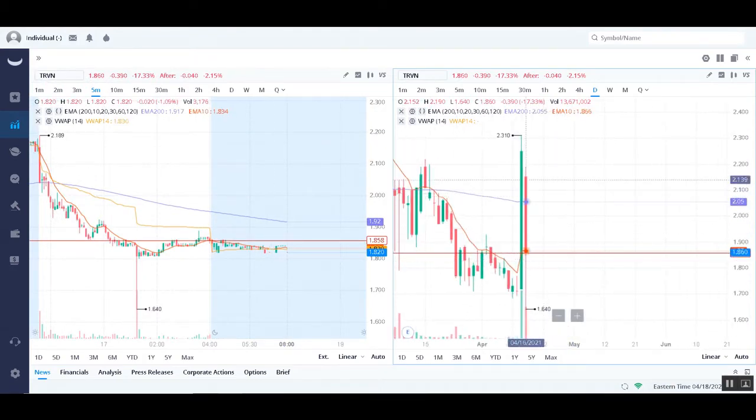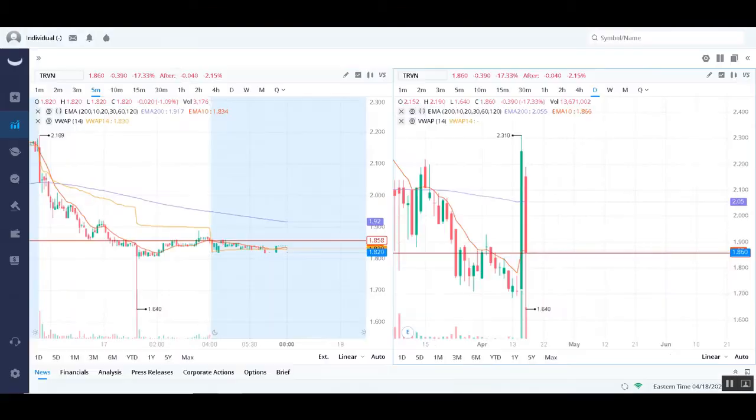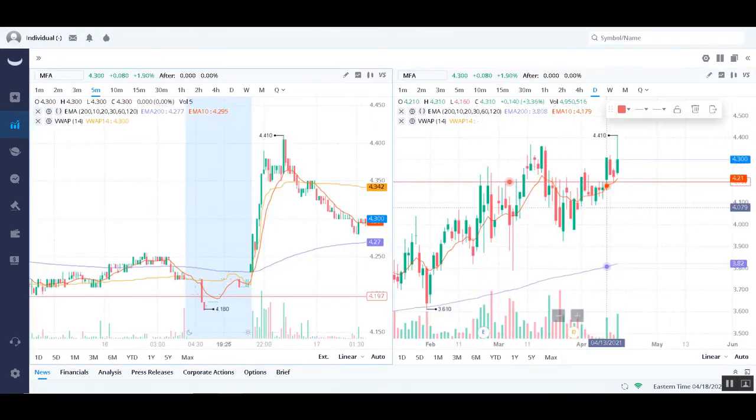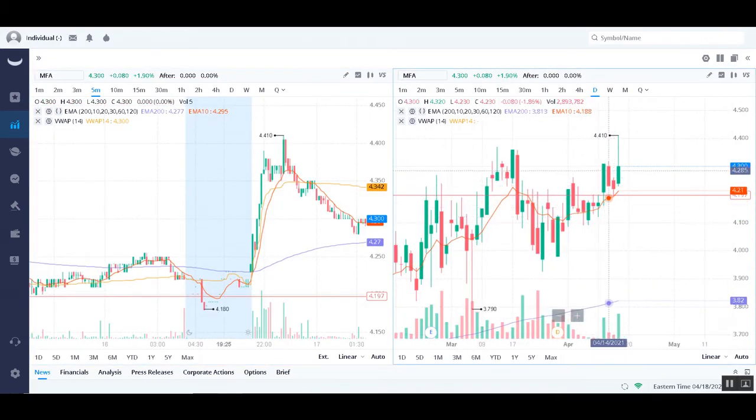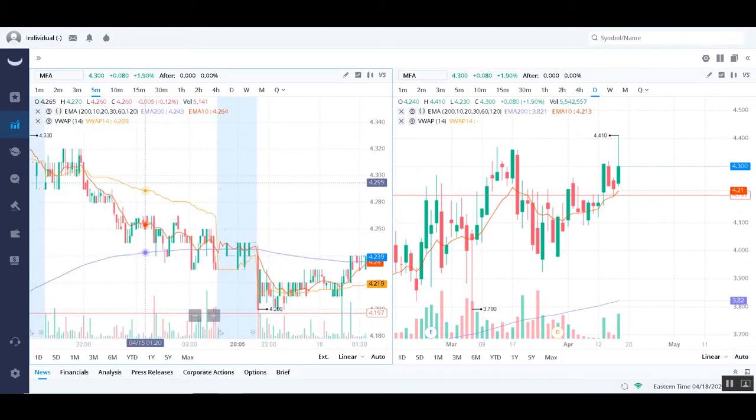So basically the market had a great run up, and after that it pulled back. What am I looking for after the market did a great run up and pullback? I'm looking for weakness, like a double top. I meant a double bottom or a 1, 2, 3 bottom. So for TRVN, if the market reacts this way, where it pulls back and it forms a double top